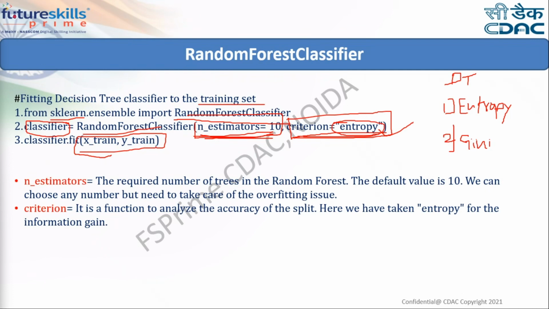So you will give the train data set here. Yes, X train and Y train we are giving, not X test and Y test. That we will use when we try to find the accuracy. If you are training your model, you will give the training data set. If you are testing, if you are trying to find out the accuracy, you will give the testing data set. Understand why we have passed these values? Clear to everyone?